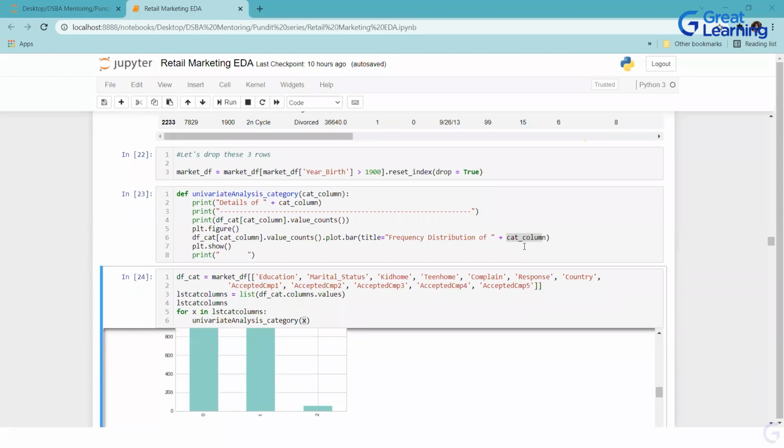Ma'am, what to do when there are multiple ID columns? You have to first check whether that ID is useful or not. If it is not, go ahead and drop it. ID columns generally don't add value, but just don't go by my word. It depends on the client data you are working with.